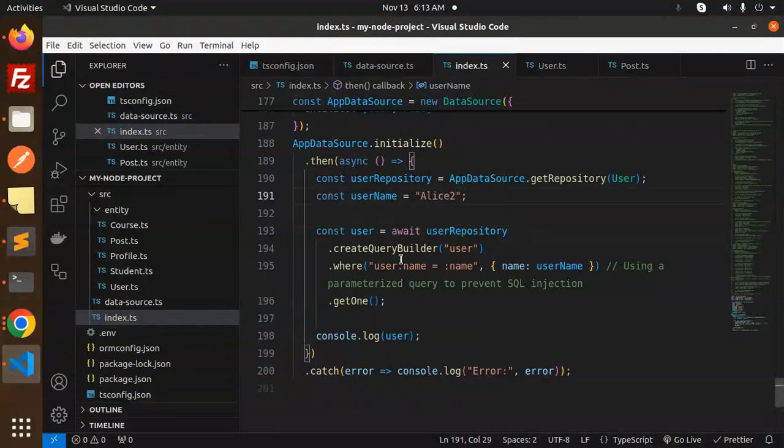Okay, query builder, user, where condition, user.name, and here you can see that we have a name. The name is equal to username. So make sure you use a parameterized query to prevent SQL injection. This is the way we have to use in the where conditions, and we are matching with the name